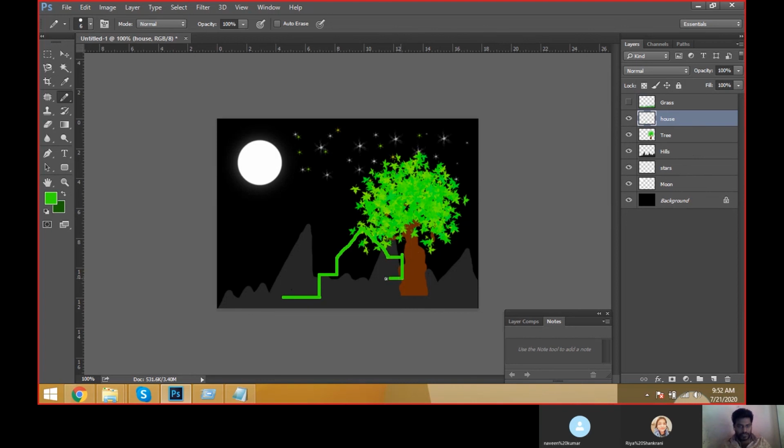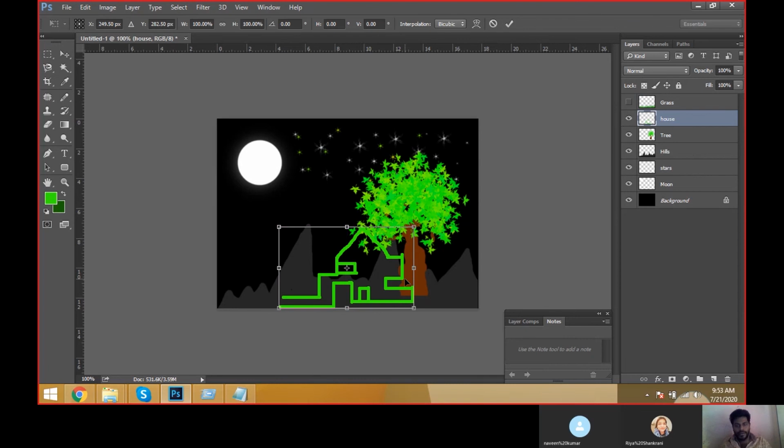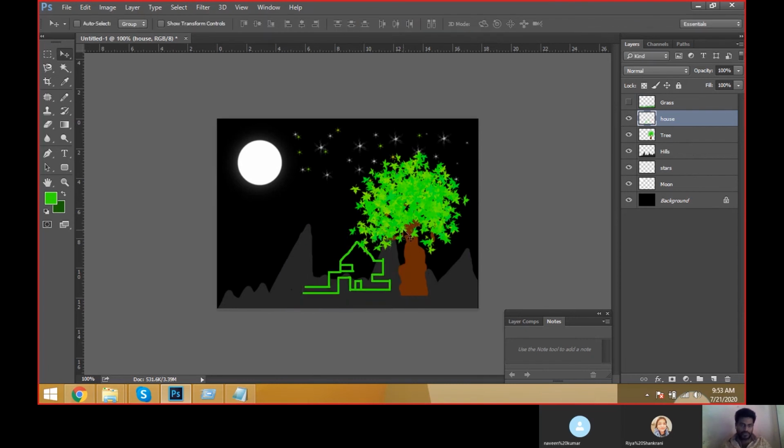Use the shift key for a straight line. And I can transform the house. Control T for transform controls.